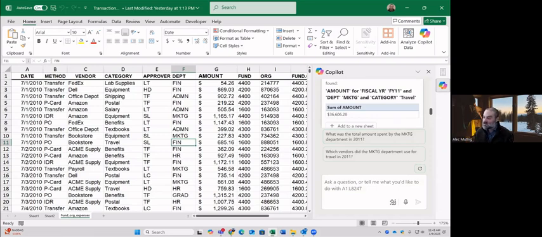That's probably different than the calendar year expenses based on the dates on the left-hand side. So again, prompting matters. And in this case, it did probably what it should have done and what we're probably caring about, fiscal year, but I didn't specify. So it's nice that it actually went to fiscal year for me, but you have to watch it.